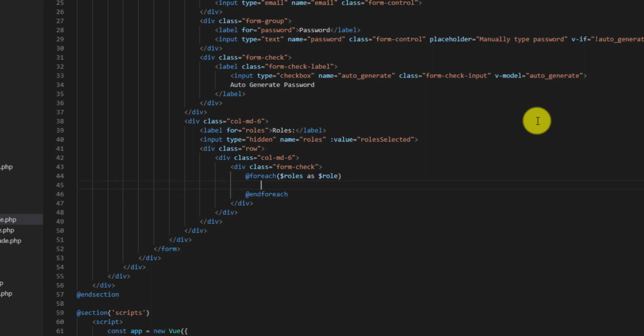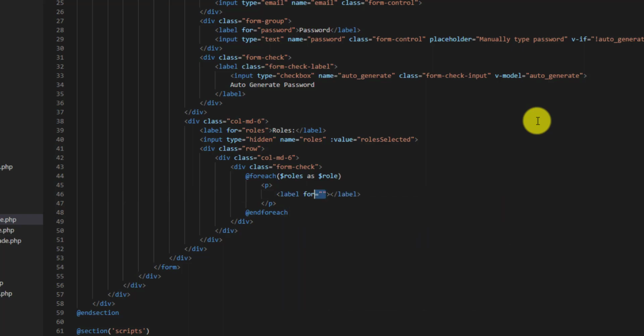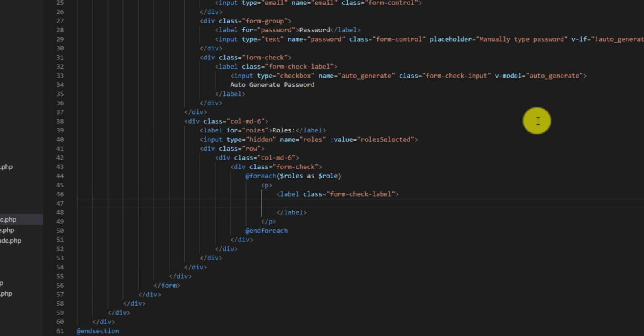Inside our loop let's declare first a paragraph, and after that a label. We don't want this for, we want a class of form-check-label, and inside our label I want an input which type should be checkbox, and the class should be form-check-input, and the name should be roles selected,